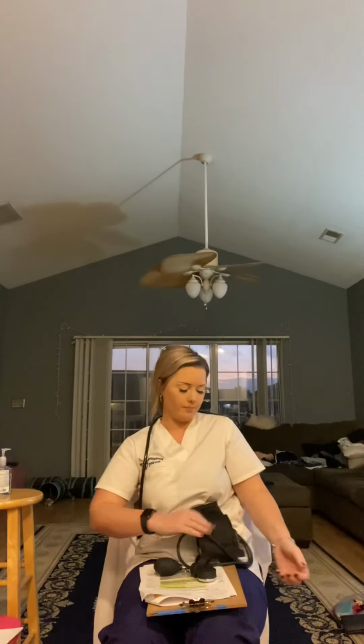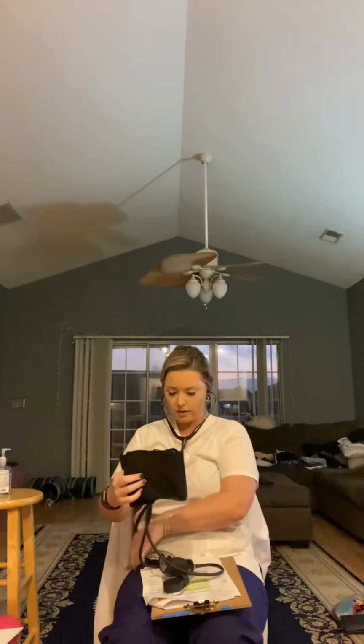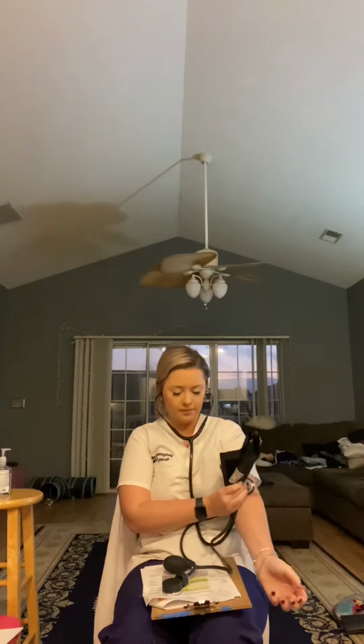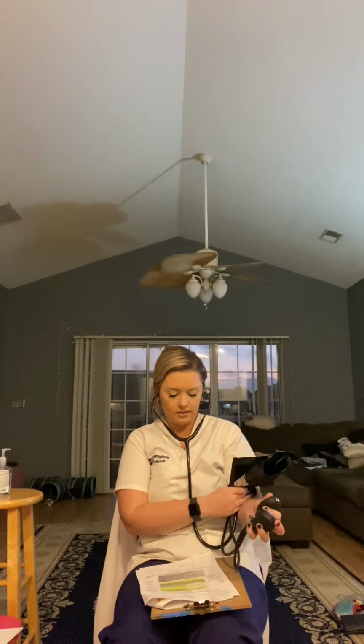And then that's where I would inflate it, and then I would have my stethoscope in, and I would put my stethoscope, and this is wrapped around my arm. I'd put the stethoscope sort of under like this against my artery, and I would inflate the cuff,